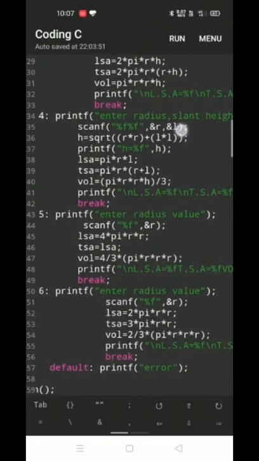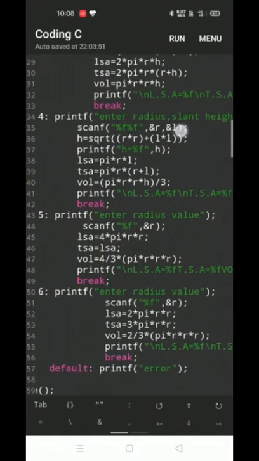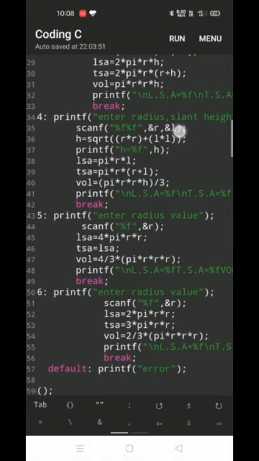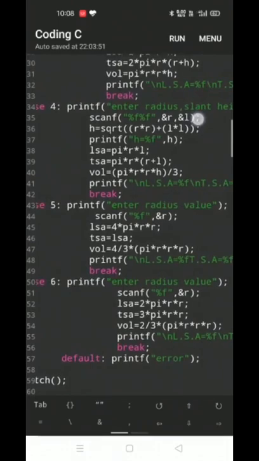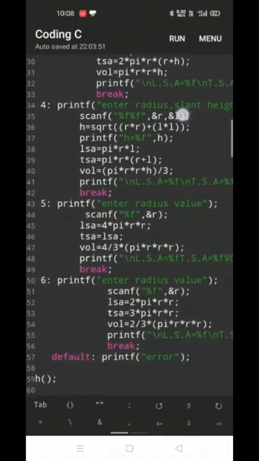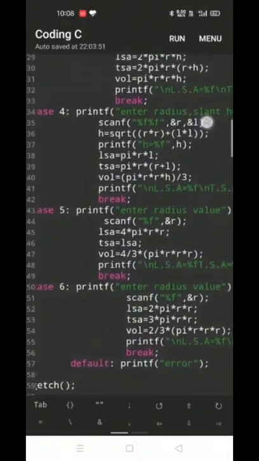Here a switch case main condition is that we need to write a default case at the end, after the terminating case. So the default case I wrote as printf error. Why?